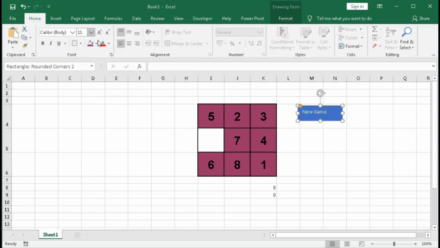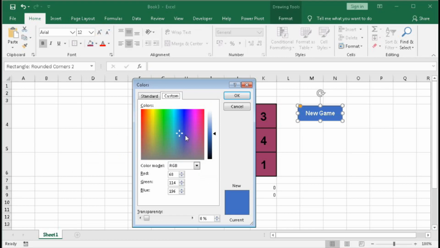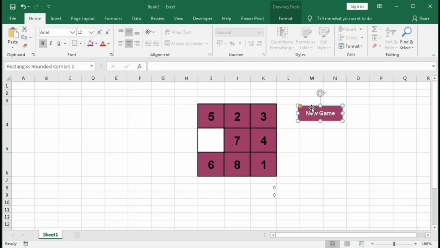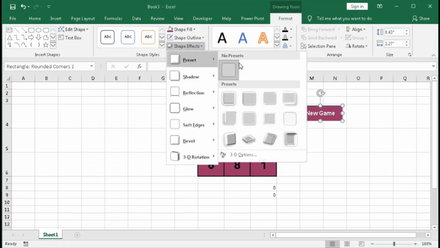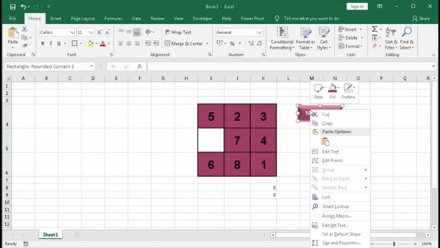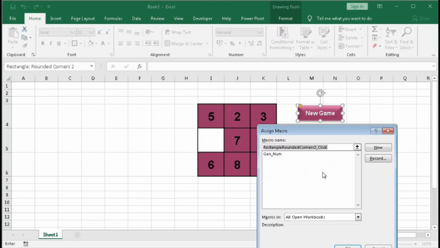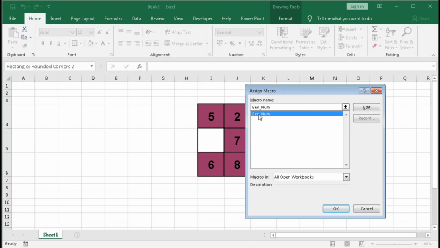Now make it center middle, bold, Arial, font size a little bigger, change the color of this button, more colors, custom 153, 51, 102. Okay, now make it 3D. Okay, now right click on this shape and click assign macro and select the generate num.